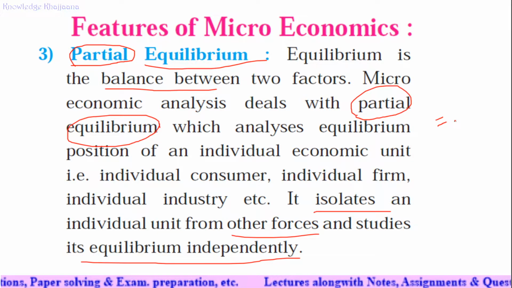Another example of equilibrium: these days are the lockdown days. The books are not coming into the market in the stationery shops. So there is a lot of demand for books at the stationery shop, right? Suppose the demand is for 50 accounts books, and the shopkeeper supplies the 50 accounts books, then we can say there is an equilibrium. Balance between demand and supply, the meeting point of demand and supply.